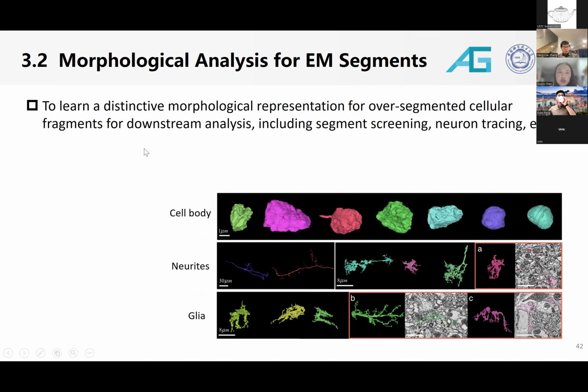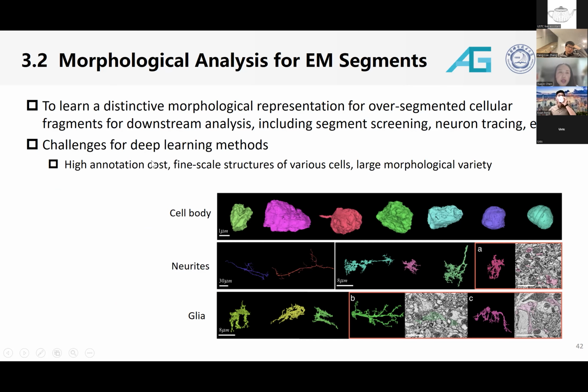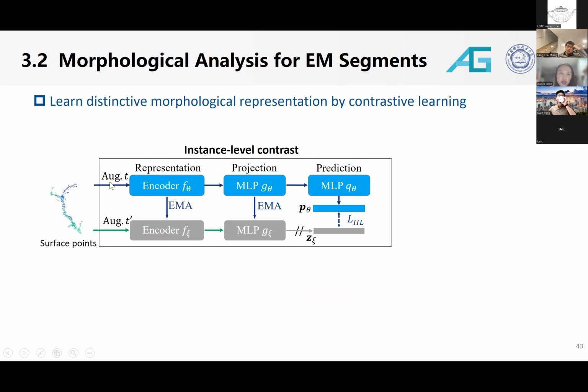So we want to do some data selection or data filtering for the whole brain neural cases. So we want to classify the over-segmented pieces according to the 3D shape, and then we design another